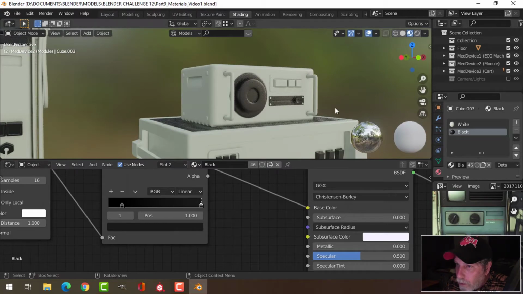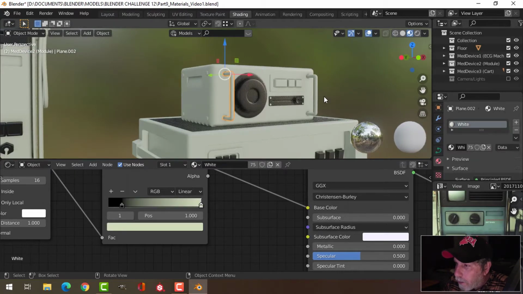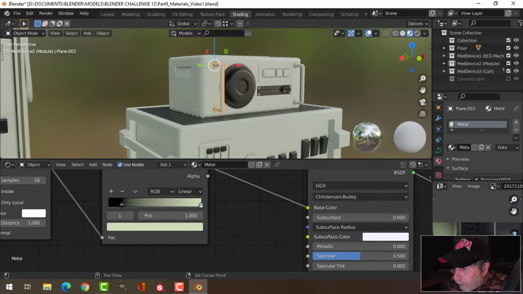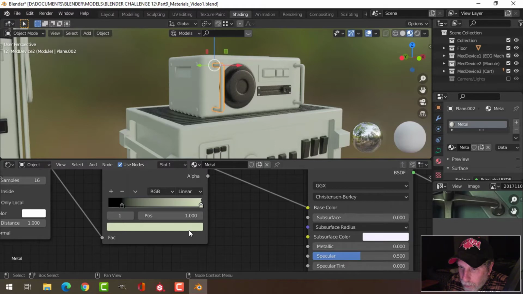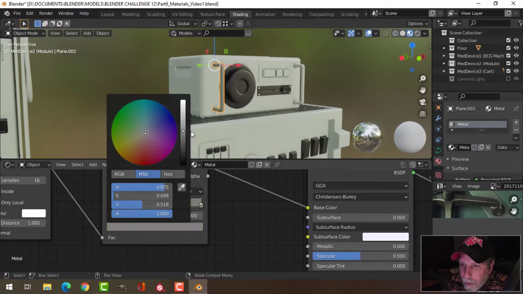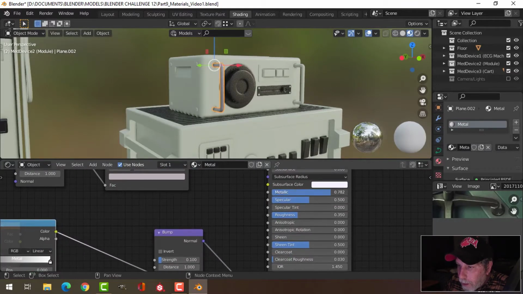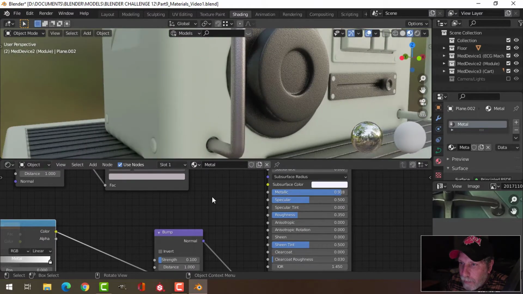All right, I think I'll do the metal next. If I take this, I hit the plus, I'll call this metal. And I'm not sure I really need to color select this. I can try. It's probably going to be an off-green color if I do it, yeah. So I think I'll come back in here and just sort of slide it up to there for now. I'll drag the metallic out. I don't think I'm going to go for full metallic. I think I'll do that, and then